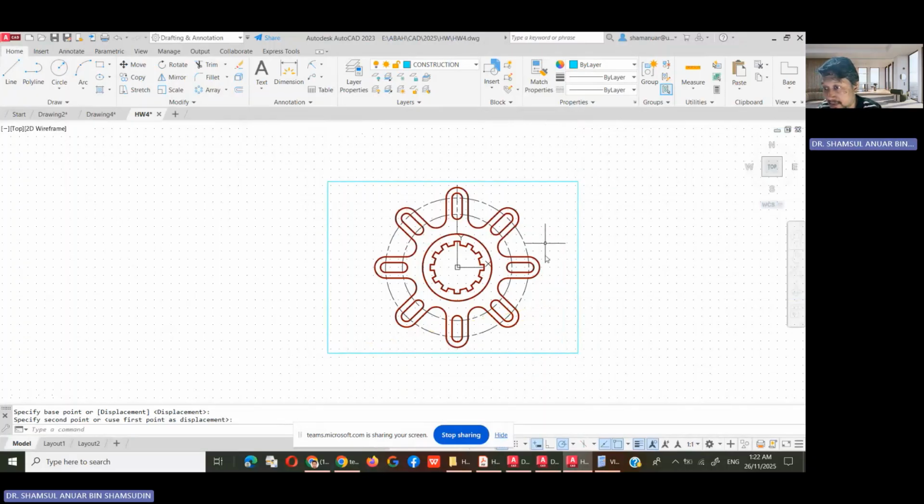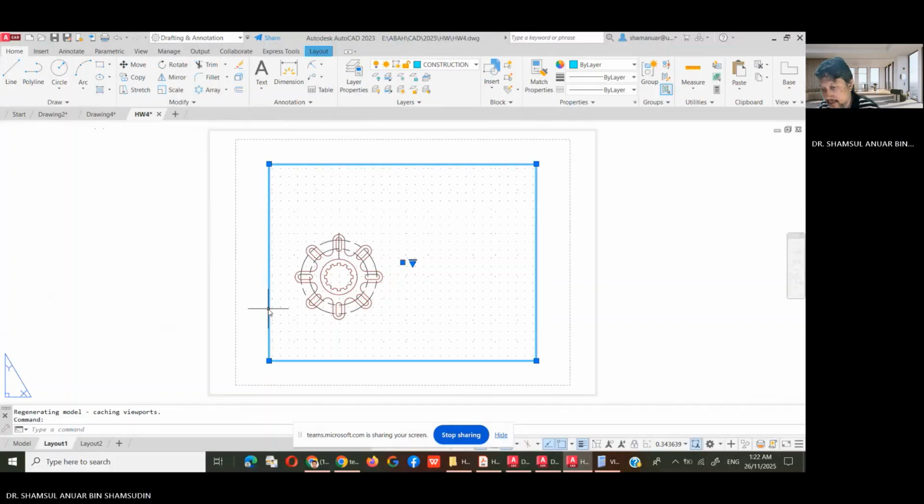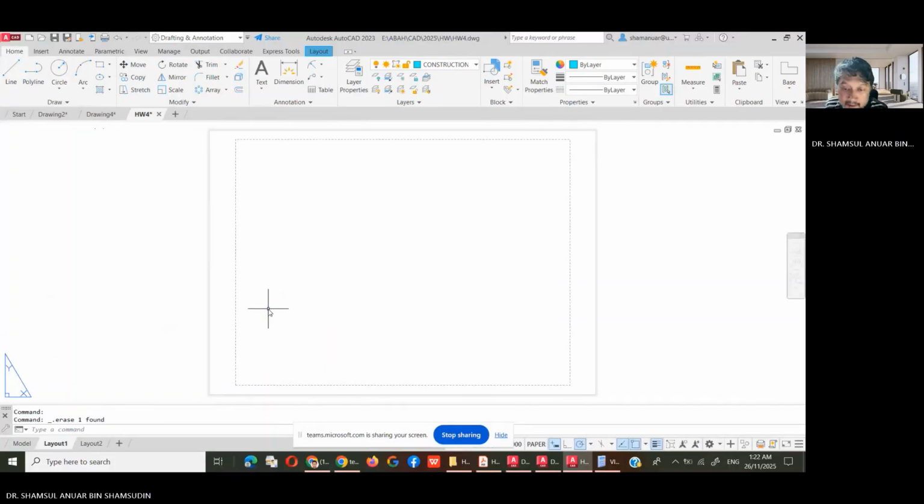So if I have a title block and some borders, this will not fit in. Okay, so there will be a problem. But like I said, I don't have to worry about that. So in order to really put it into the title sheet, I have to go to layout 1 and from here to